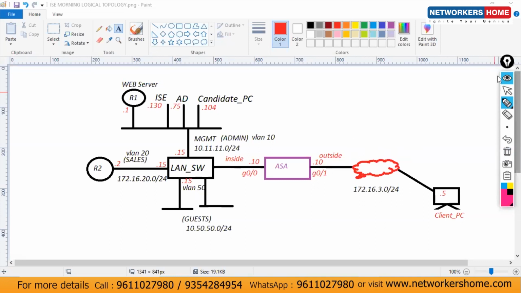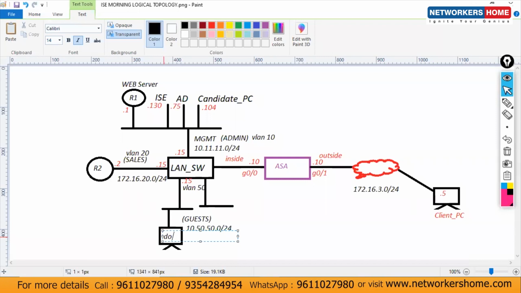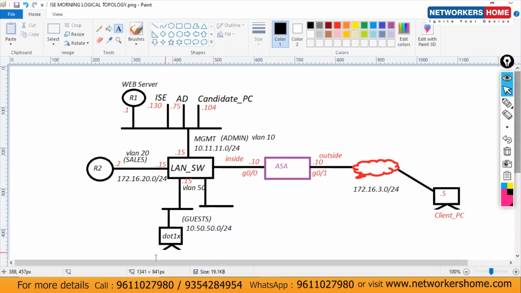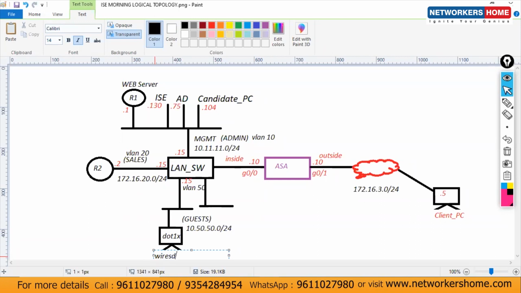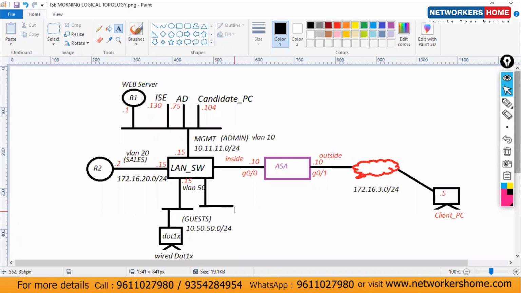Now, under the guest, I'll have two different types of authentications. I'll have one PC here, which will be trying to connect through dot 1x. This is coming through wired dot 1x, right? And another guest will be connecting